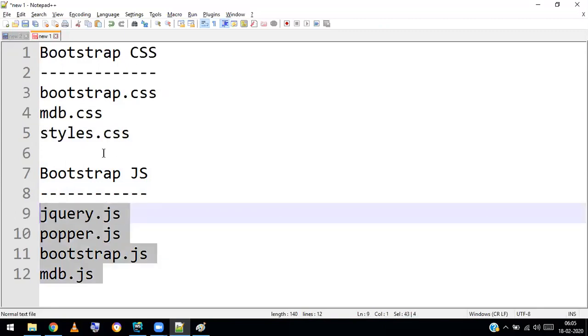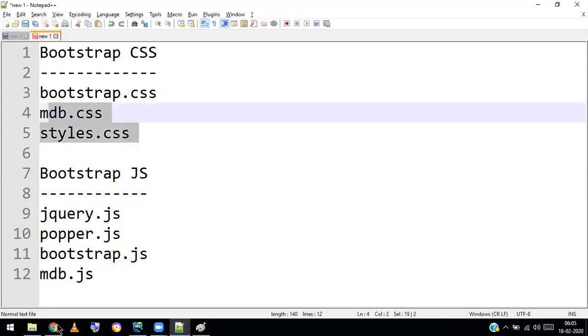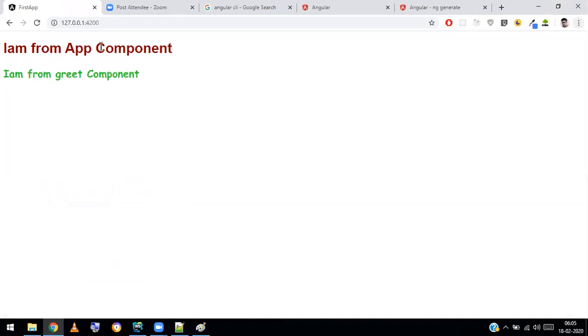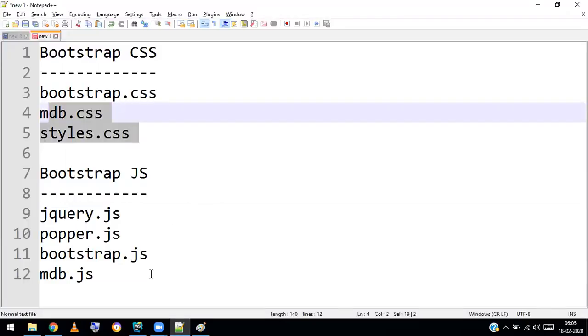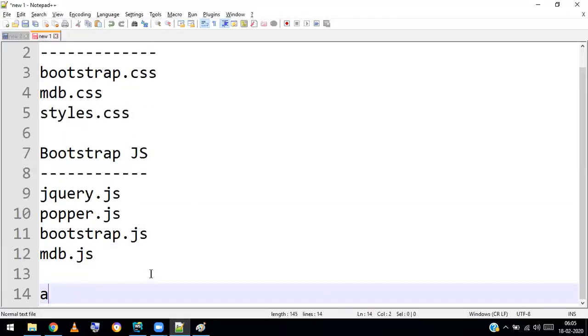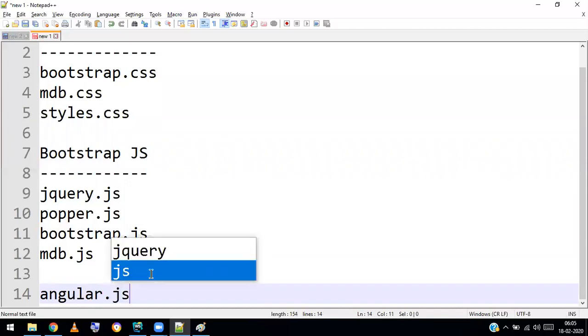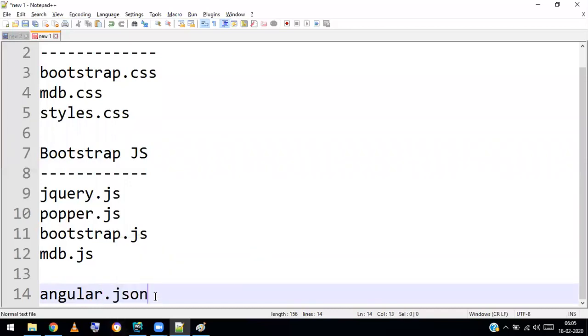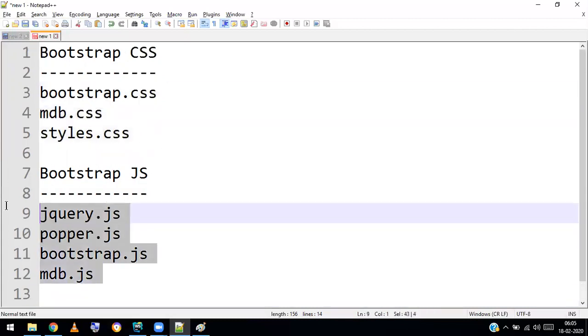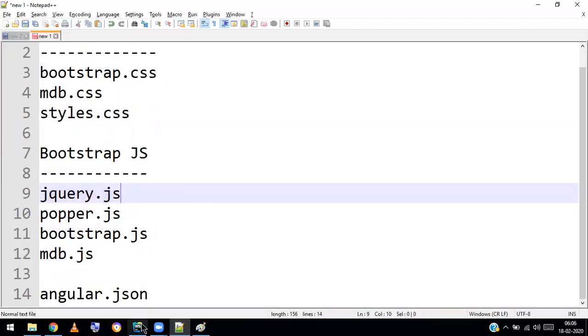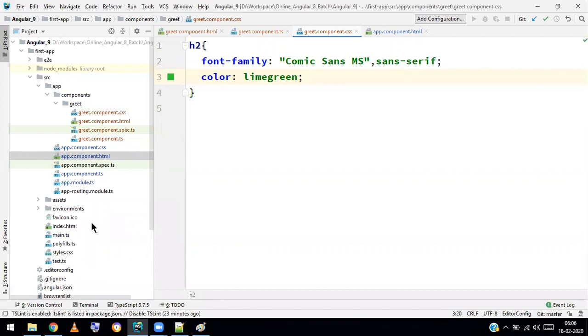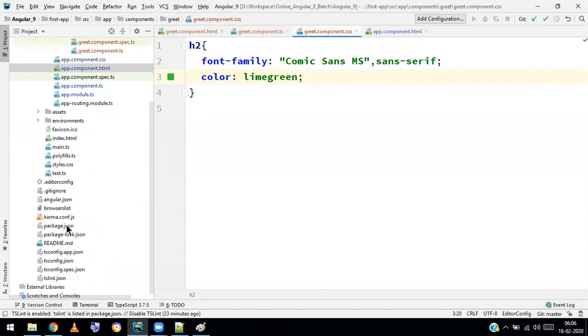Where we're going to configure these files to make Angular work with Bootstrap styles: always remember there is a file called angular.json. In this angular.json, you can configure the styles as well as the JavaScript files. Let me open angular.json. Here, the main Angular configuration file is angular.json.